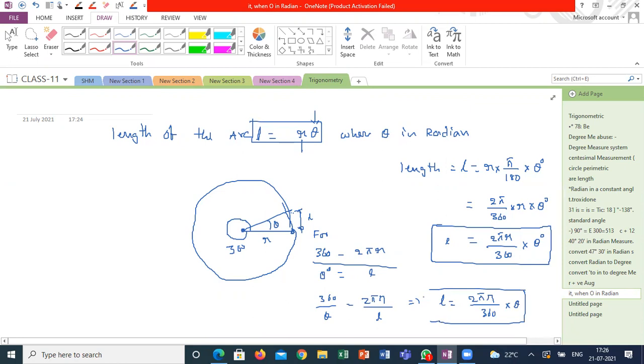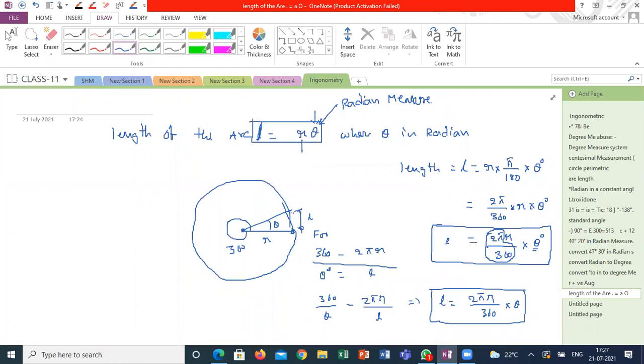So whether I use the ratios and proportions concept, or L is equal to r theta, these are the formulas we discussed in grade 10. Here I am substituting degrees straight away, but degrees can't be multiplied or added with general numbers, so I use angle conversions. But whenever you get the formula L is equal to r theta, you should not substitute the angle measure straight away. You have to use the radian measure here. Is it clear, guys? When do you use radian measure and when do you use angle measure?